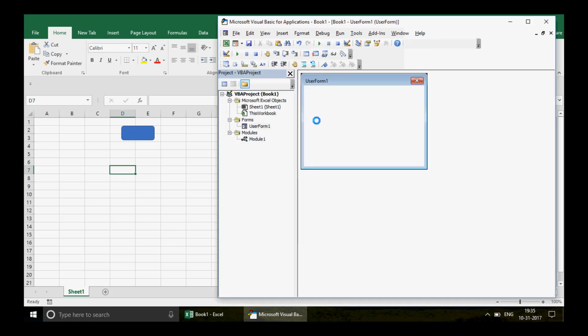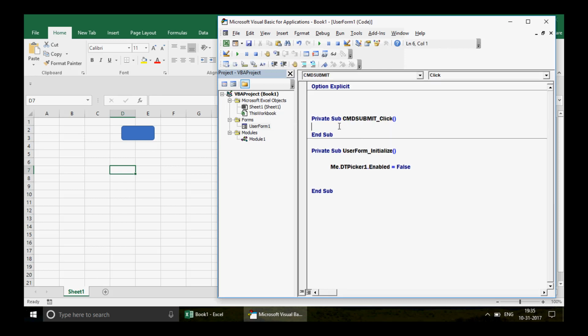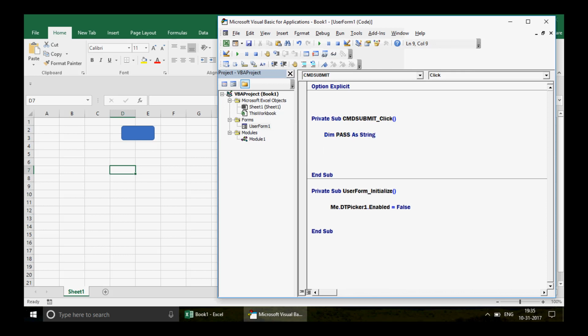So what you can do is you can quickly go to this unlock. Click here, double click, right click, or go to view code, and here when the user is going to click on the submit button, what do you want to do? Well, you can ask for the password, and you can then unlock it. So you can write here Dim, let's say, PASS As String. PASS is just a shortcut for password. It's just a variable, so you can write that password should be equal to InputBox. Why don't you put the input box here, and you can write here, enter the password. Okay, enter password,